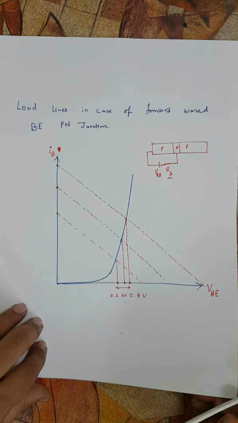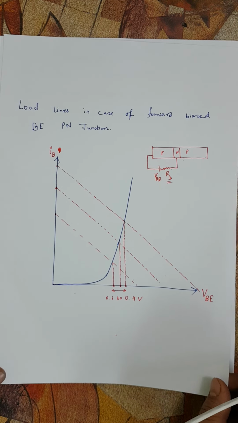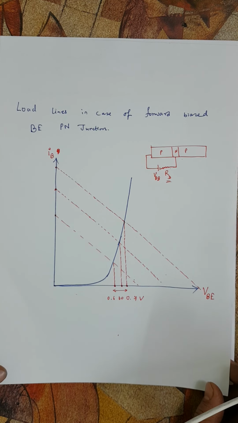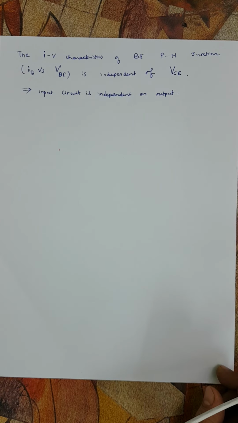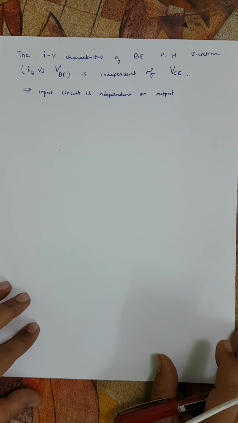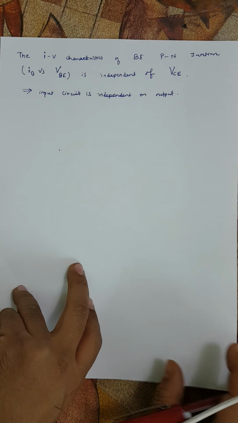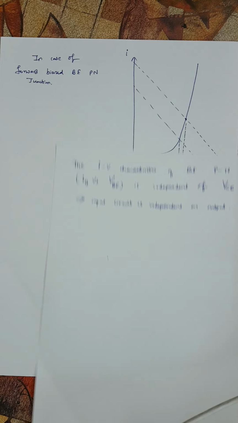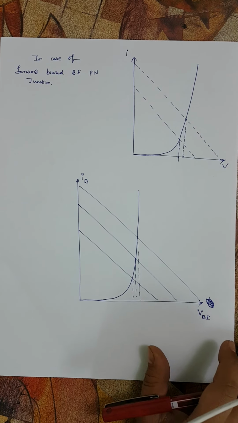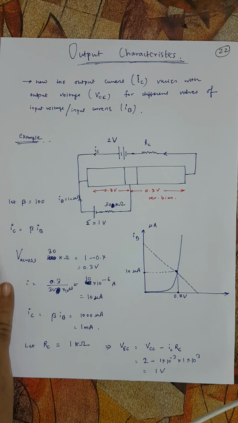So this is all about the input characteristics of a base emitter junction in case of a forward bias in a bipolar junction transistor in common emitter mode. Okay, now what we are going to do is study the output characteristics. Now, to understand those output characteristics,